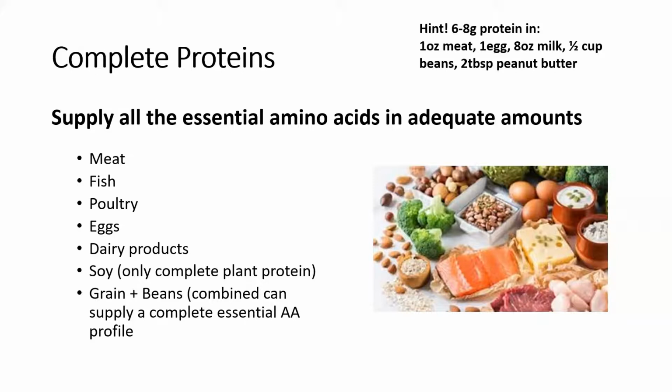That means that a palm of animal meat is likely around 20 to 24 grams of protein. 3 eggs, 20 to 24 grams of protein. 8 ounces of milk, about 8 grams. So use that to your advantage when it comes to helping your athletes understand what they can consume that has higher levels of protein, because as we talk about a little bit later, protein is key. That's why there are arguments over carbohydrates, there are arguments over fats, but nobody argues that we need protein. Okay? If they do, they probably don't understand human function.